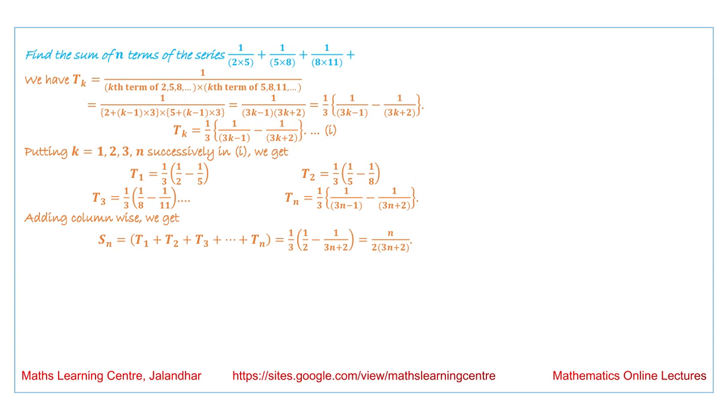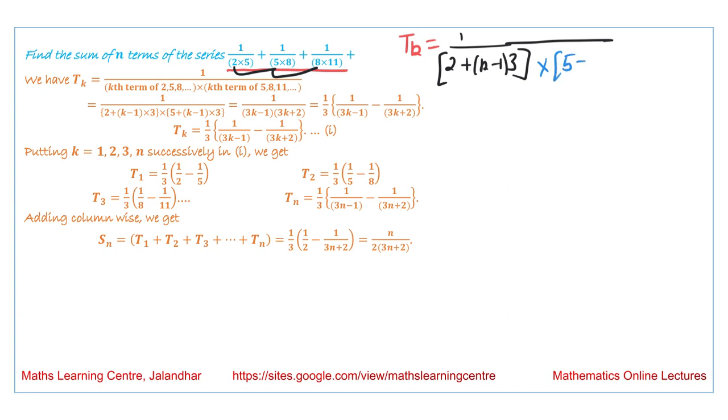Now next we have to find the sum of this series. First of all we write the general term tk. We can see that the terms are 2, 5, 8. So we can write 1 over 2 plus k minus 1 into 3, this is the general term, multiplied by 5 plus k minus 1 into 3. So this is equal to 1 by, when you solve, 3k minus